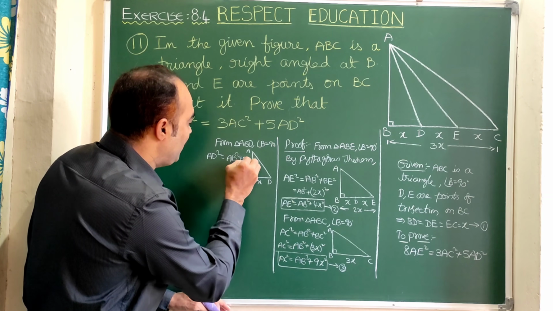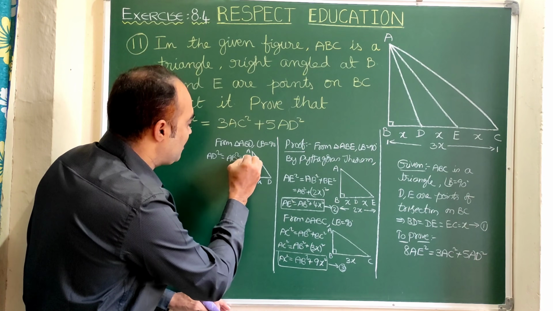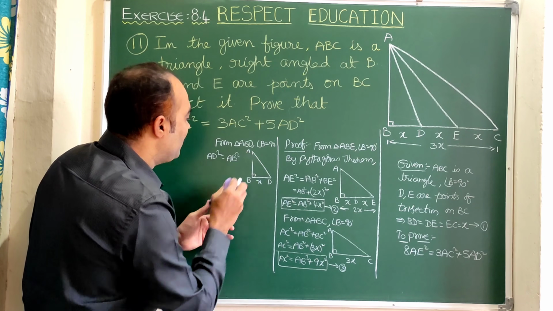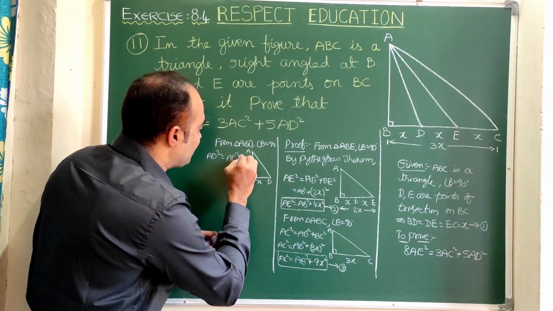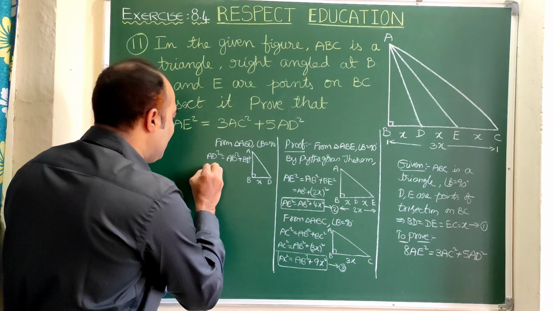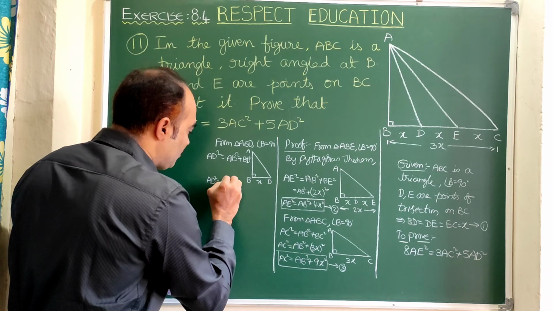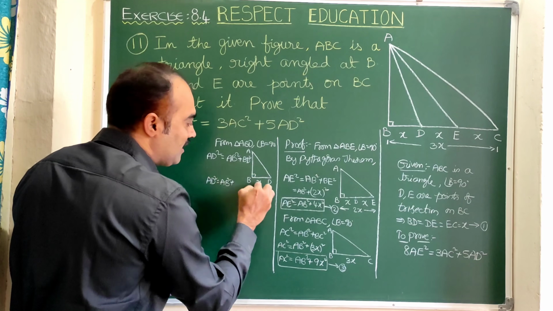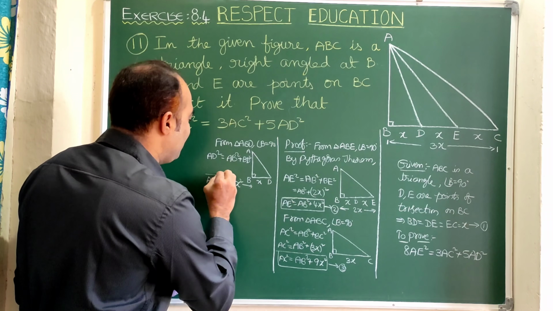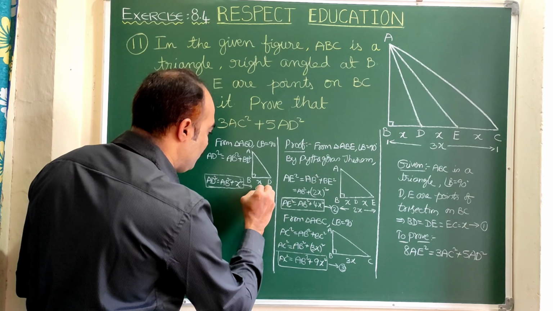I am writing here a little bit clearly. AB square plus BD square. Right. Let us substitute here. AD square is equal to AB square, also we write as it is, plus in place of BD square I am writing BD means x, so it will be x square. Let us take it as equation number 4, since 1, 2, 3 are over.